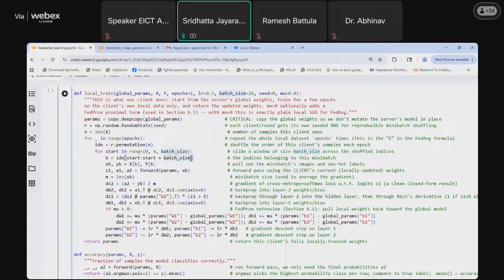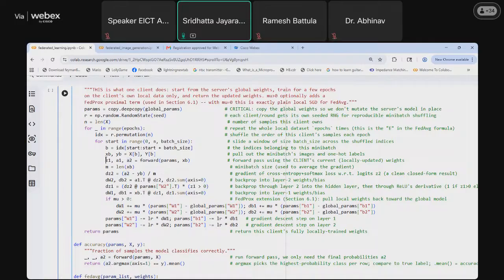That is, we draw that much batch-size amount of data, and it is based on this random initialization, R.permutation. The indices drawn in that particular batch we give to the training data X, drawing the data from that particular location. X of B and Y of B give us the particular input training data and the ground truth. And then here we start the operation, passing it through the model.